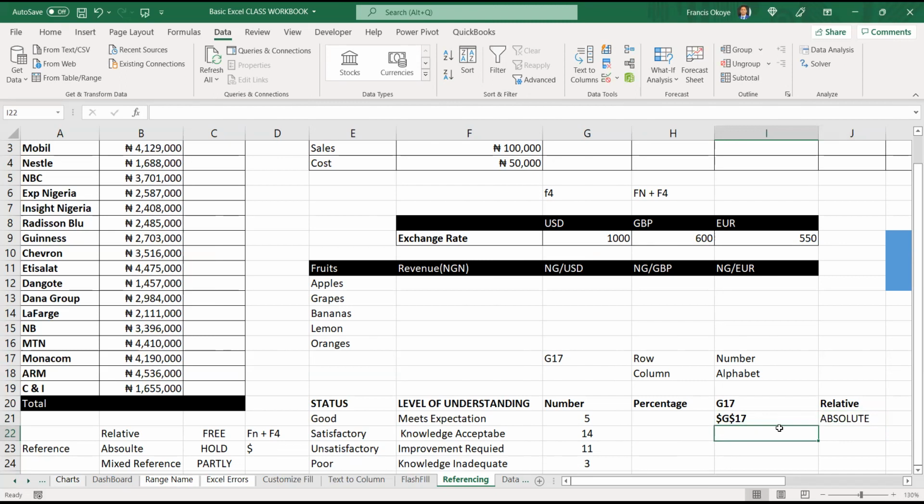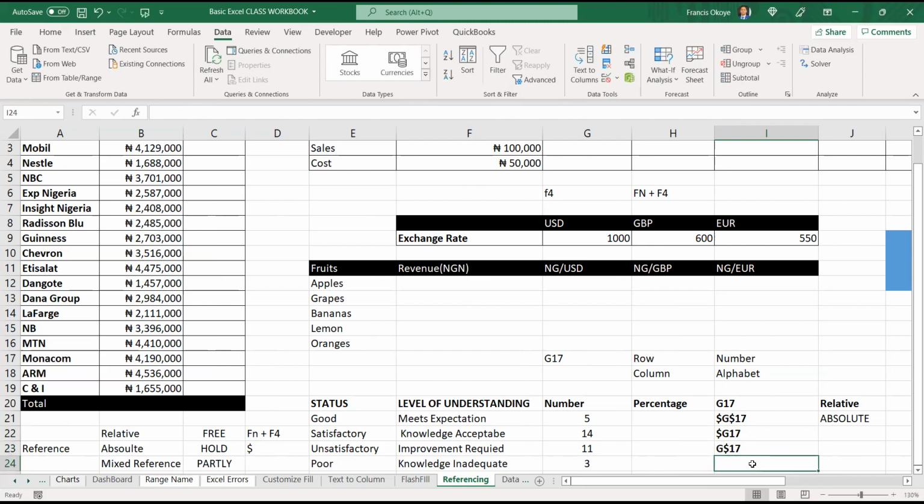Okay. Isn't it? But if I have a situation where I say hold this, what is this one saying? You are holding only the column. Column G. But the row you are not holding. Exactly. So if I have the same G, what is this one? You are holding the row.